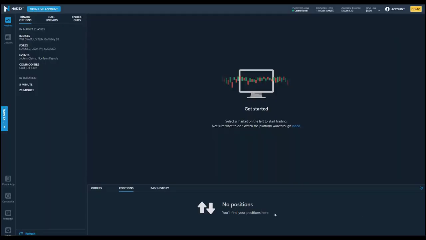And I want to show you, and I want to go through an example, and I want you to see how I can place orders between the bid-ask spread and away from the market, and even how you can close a position early. There's all sorts of fun things. I am going to do this with binary options. We'll talk about call spreads and knockouts later. I am going to stick with forex, the forex markets.